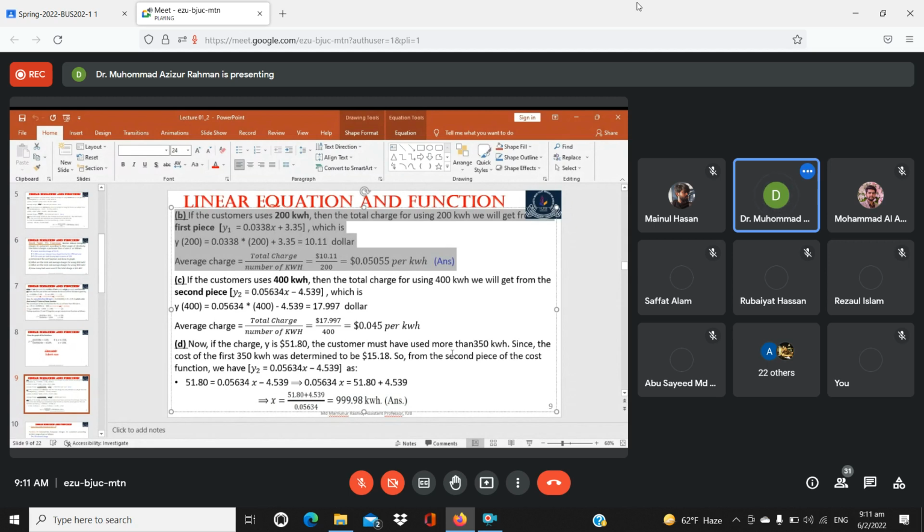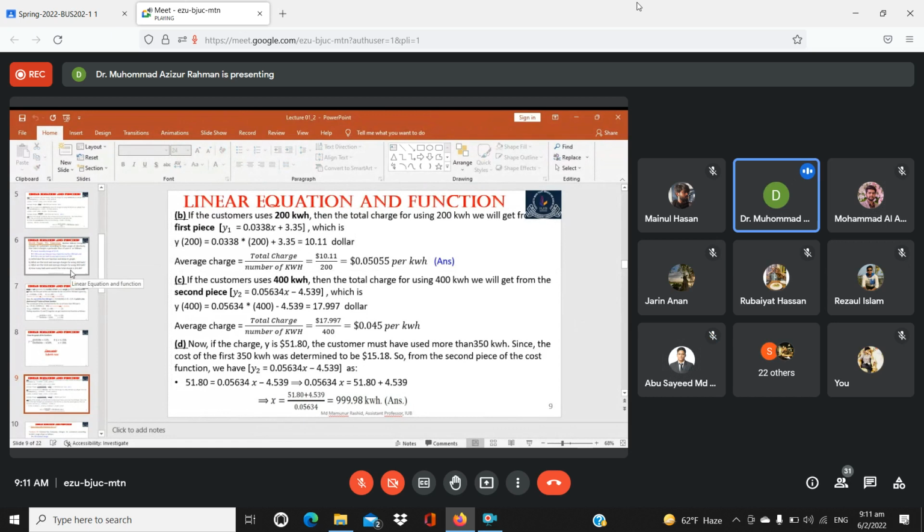Can you see the slide? Yes, sir. Okay. So now try to solve the next one. The next one is to calculate if the customer uses 400 kilowatt hour. We need to use the second function because it is over 350. So the second function is this one, and we have to put the value of x equals 400 here. Then we can get the total cost,